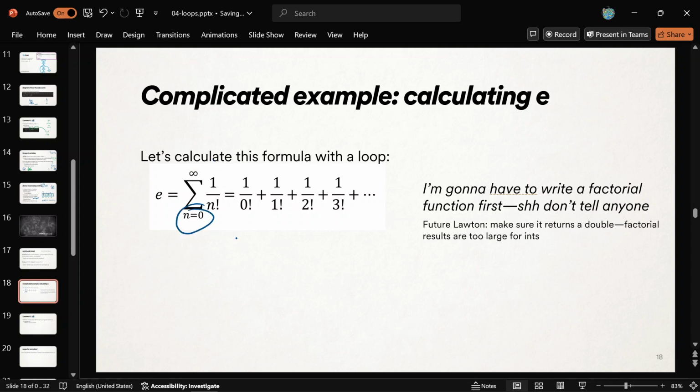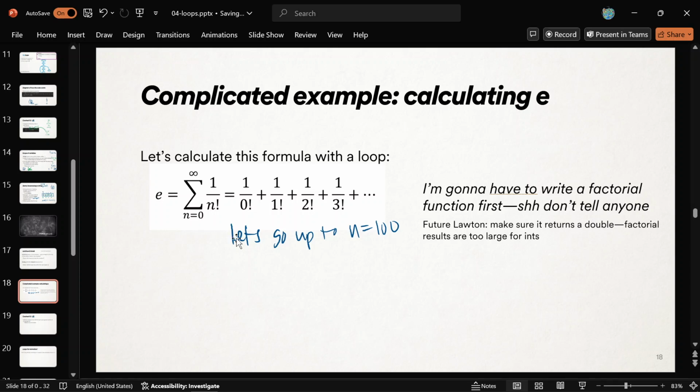It's like start your n at 0, and then do 1 over 0 factorial, and then just keep on summing, sigma for sum. Add up 1 over 0 factorial plus 1 over 1 factorial, because you're going to increase n. 1 over 2 factorial plus 1 over 3 factorial, all the way to 1 over infinity factorial, which is a very small number. If you do that infinitely many times, you will get perfect, precise e, but inside of a computer, we only have 16 digits of precision for every double, so we don't have to go that many times. So let's go up to n equals 100, and that will be a very, very good approximation for e, better than a double could even hold.